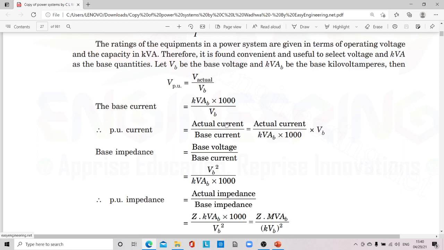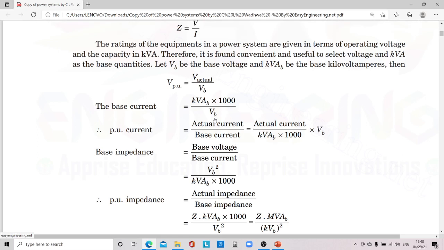All of you make a note down of this. So this means that per unit impedance is directly proportional to base kVA and inversely proportional to square of the base voltage. Normally, per unit impedance of various equipments corresponding to its own rating voltage and kVA are given. And since we choose one common base kVA and voltage for the whole system, it is desired to find out the per unit impedance of the various equipments corresponding to the common base voltage and kVA.